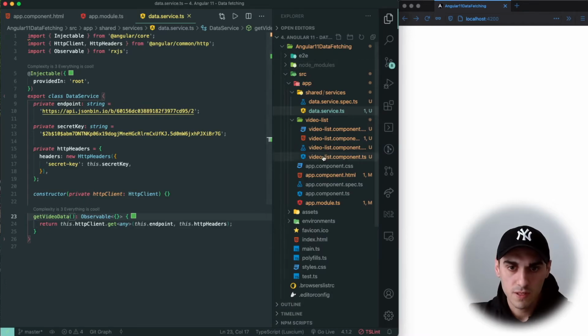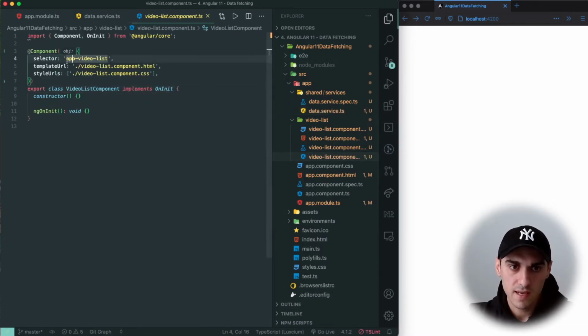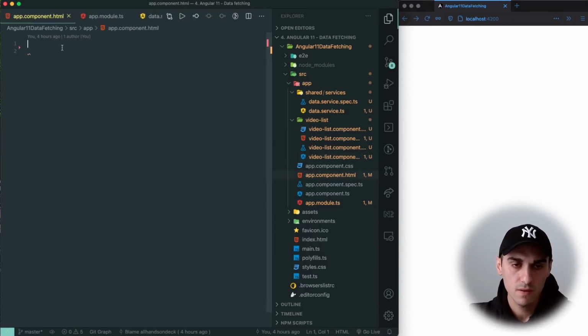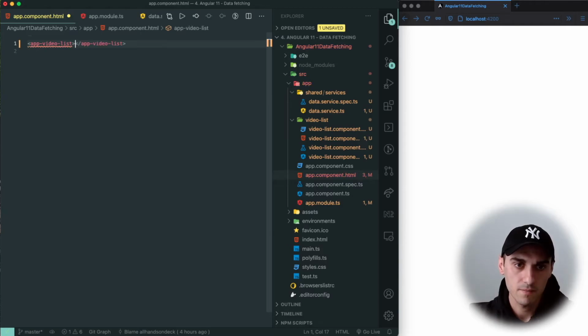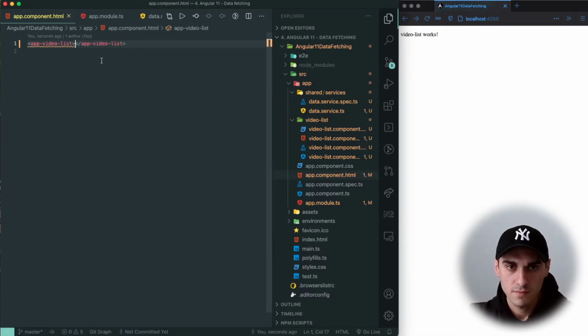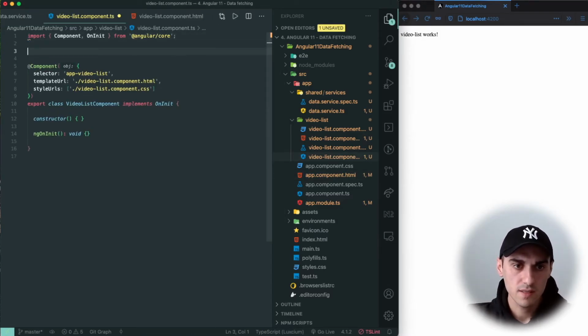I will go to the video list component to see the selector name. I will copy it and go to the app component HTML and use it here. Whenever I save it, I can see video list component is being rendered properly. Now I will inject my data service into my video list component. Now I will import the data service